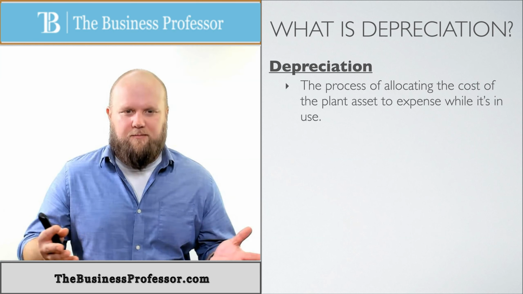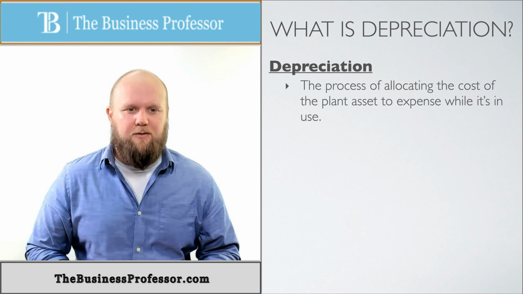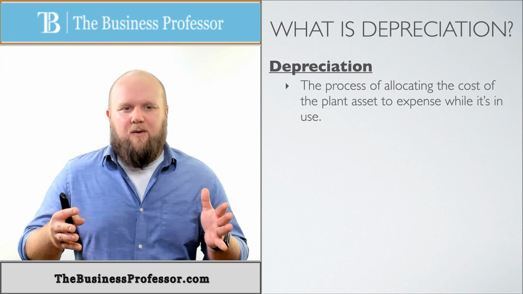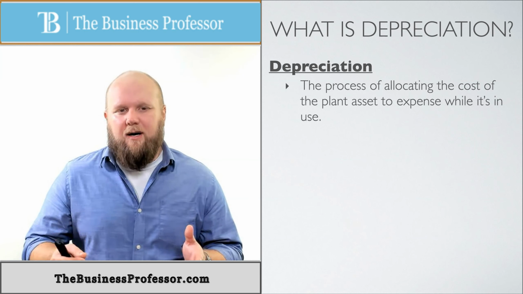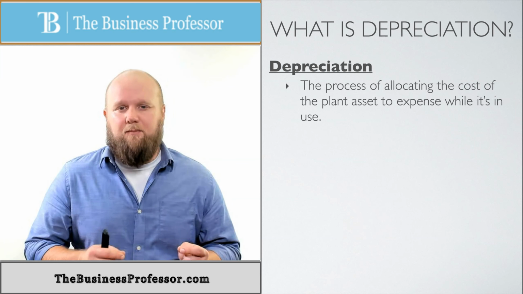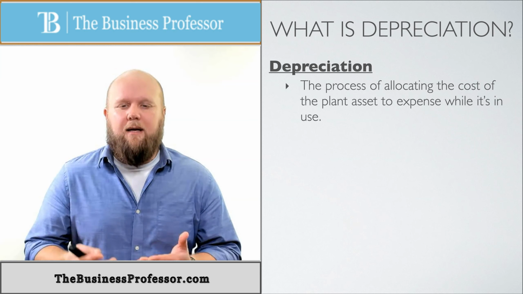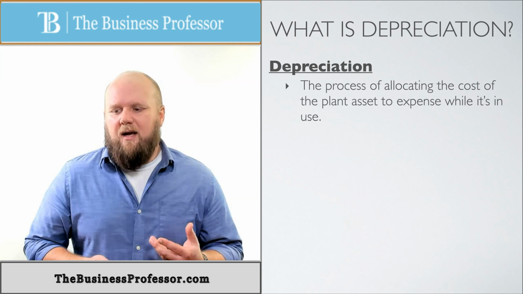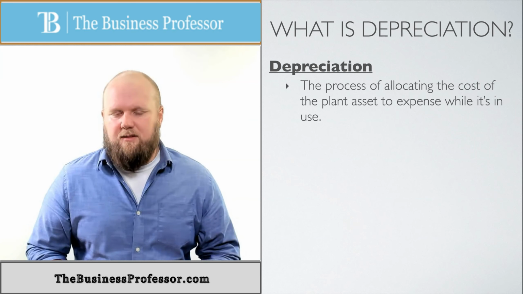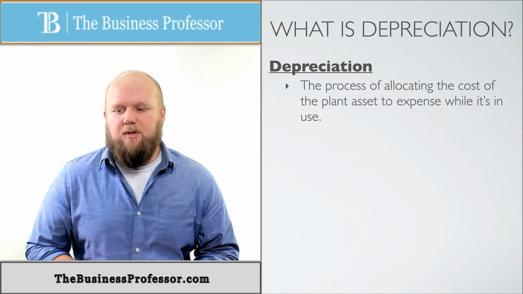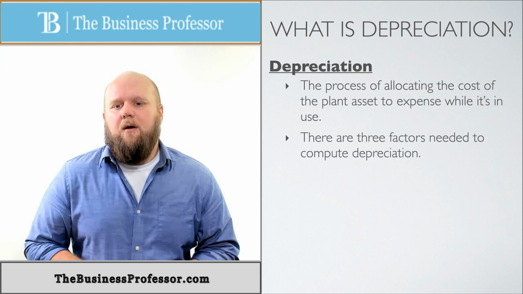You're not going to lose your tires at the end of the first year and then lose your doors in the second year. We're not using it up, but we do need to expense it in the periods that we use them, again following the matching principle. So how do we do that? Again, we use depreciation. And there's multiple ways. There are different methods to depreciate things, but the most common three